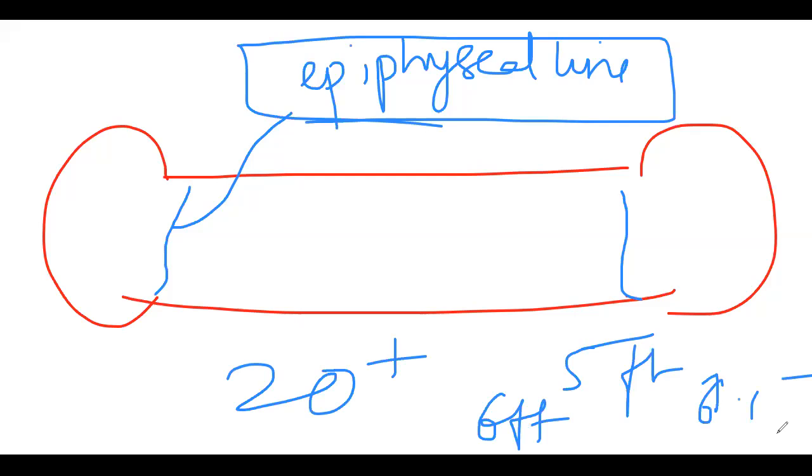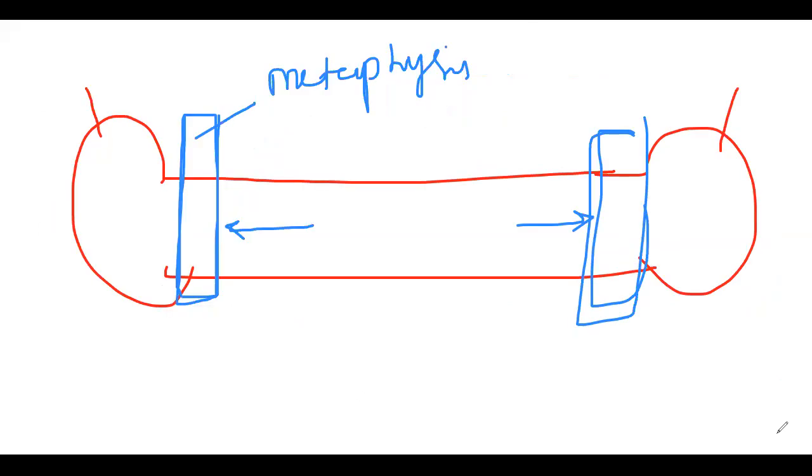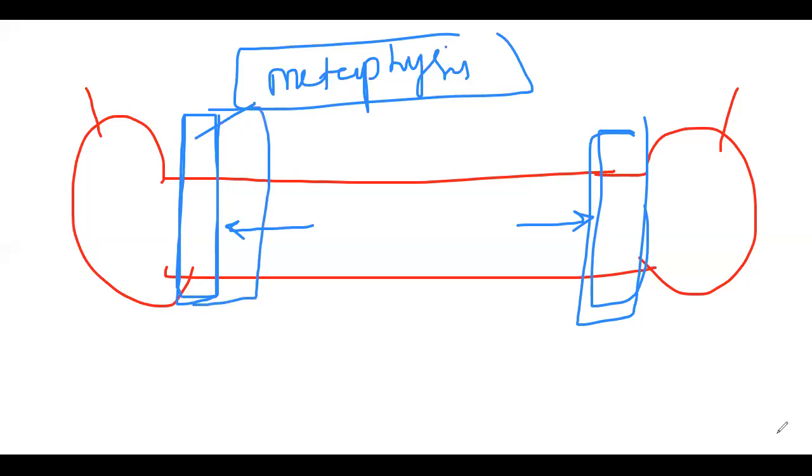Okay. So how will that height be decided? That height will be decided by genes. Okay, so how will genes influence? Genes will come from the parents. Okay, so what do they influence, we have the answer now. They are going to influence this metaphysis in the person with more height. That means if he has the genes for height, a little more, 5 feet, 5.5, 6 feet, this epiphyseal plate length is going to be different.